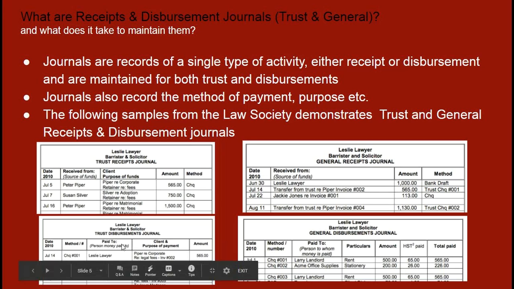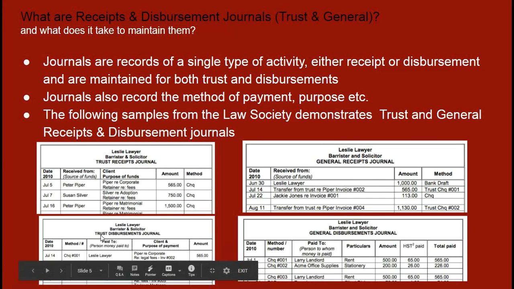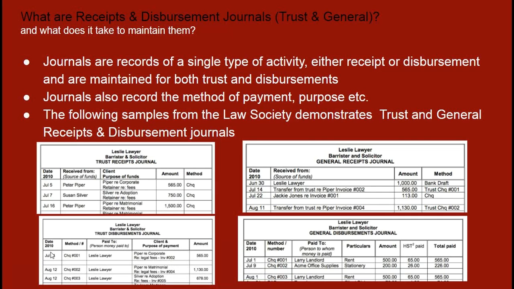Now, there's also what's called a trust disbursement journal. This captures details very similar to the date and the method of payment. So you can clearly see you've got a check number. Sometimes it's very important that you keep a copy, a photocopy or a picture, of the checks that you receive from clients. Sometimes you may just take it and deposit it into the bank, and then the bank might give you a receipt as well with a copy of that check. But sometimes it helps.